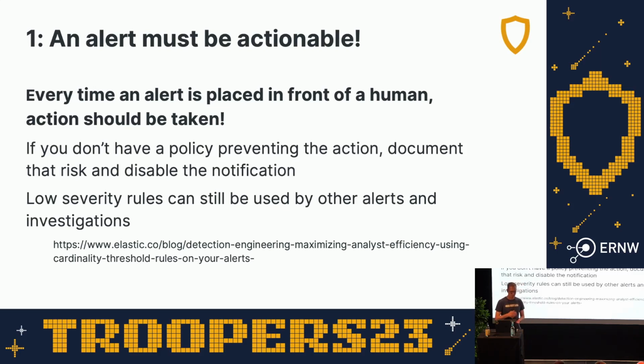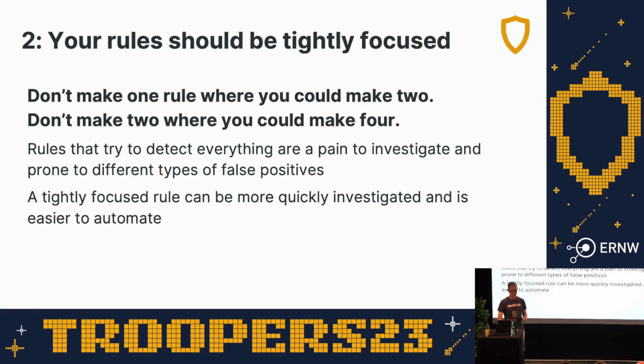And so if you have an alert that you can't take an action on, maybe drop the severity or turn it off completely. Document the risk. Get your CISO to sign off to say, we accept this risk because we won't make this behavior change in our network, so we have to turn off this detection rule. These are the trade-offs that you have to make, because if you have an alert that's not actionable, it will get ignored, and it's worse than worthless.